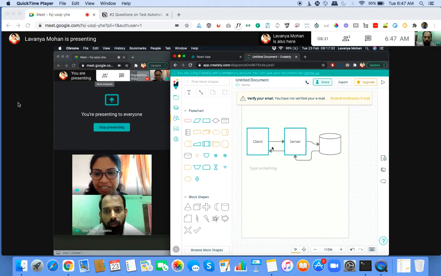Since this is a very simple application, there are just three boxes here. But if there were more services, let's say this server would internally talk to another service to get the ratings of the book, then there would be another call here, from which it would take the data, do some additional processing, and then return to the client. So it could be all of that. But here, what we did is model the application at a very high level overview of the different major components involved. In some sense, this would help us understand what happens internally.